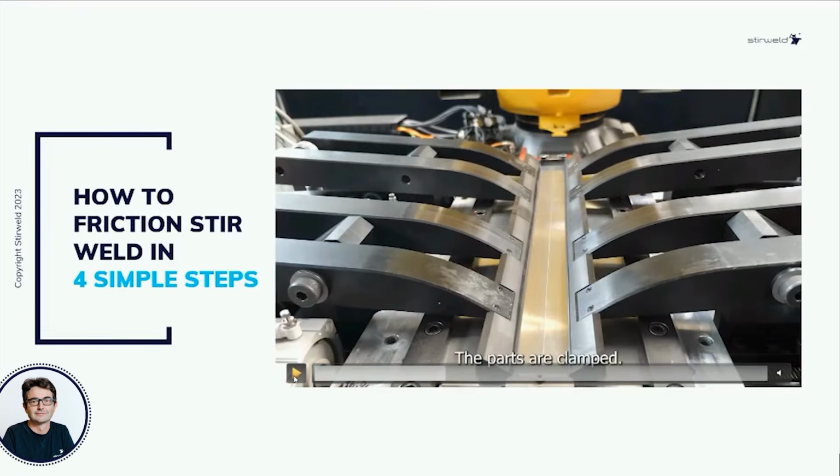As you can see, in lap welding we have 1 piece over the second one. And now we have to use a jig to clamp the part during the welding process. Here you can see an automatic clamping system for mass production. And of course, we can use a basic mechanical clamping system for low batch. But it is important to clamp the part. Otherwise, the part will move with the tool.